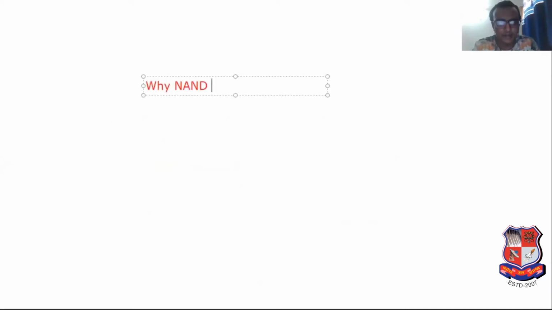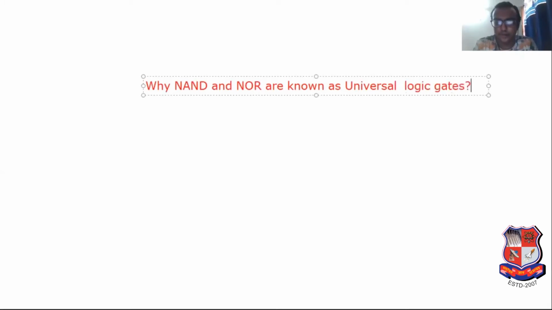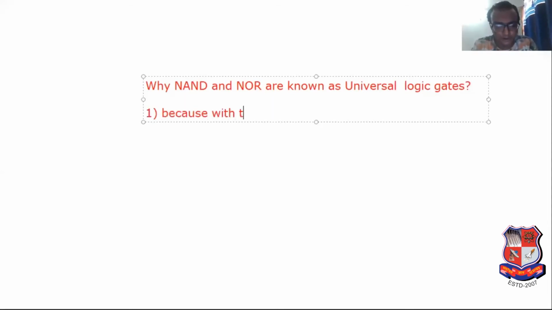Why are NAND and NOR known as universal logic gates? This is the most fundamental question, and this MCQ is definitely asked in the examination. First, why are NAND and NOR known as universal logic gates? Because with the help of NAND and NOR, we are easily able to design